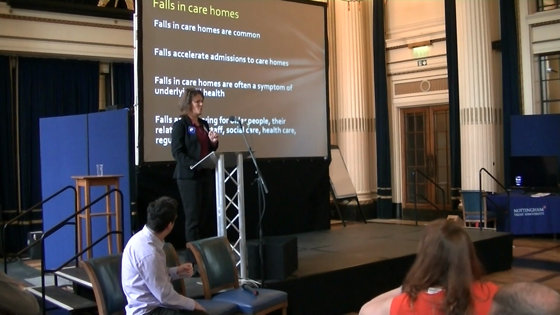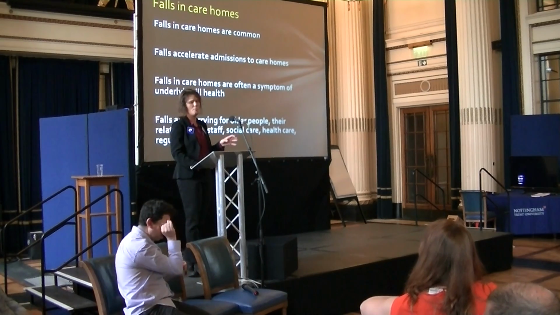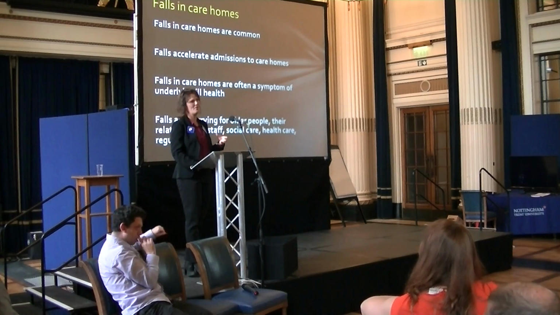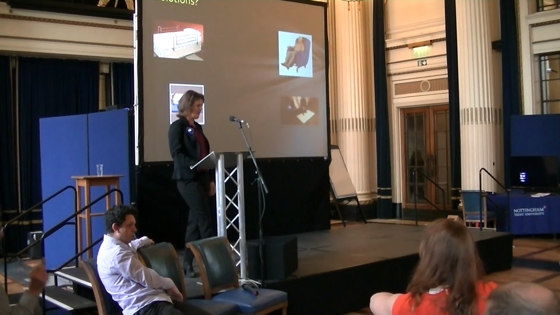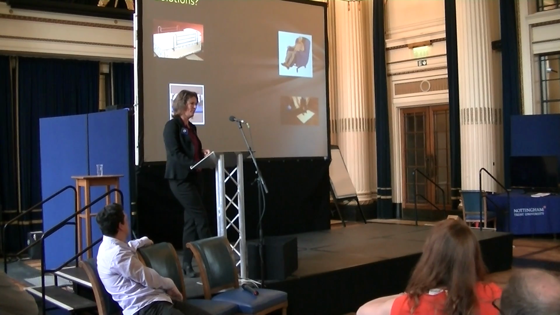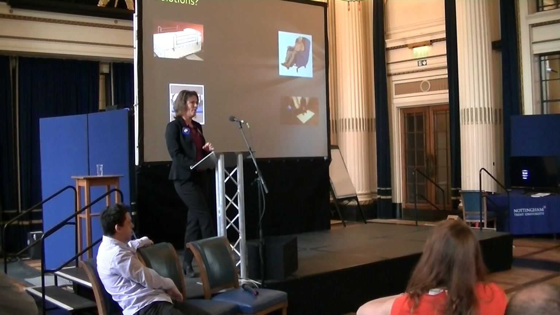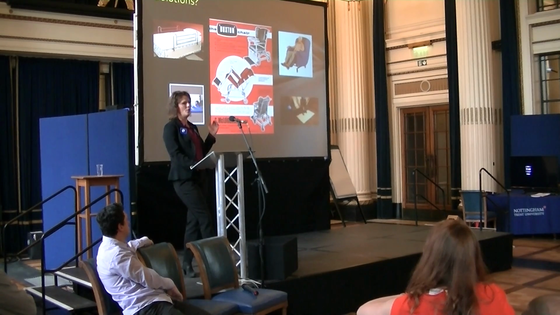Some people have suggested that we should have a floor that changes from being a solid floor into a soft floor as people fall over. But the cost of that would just be immense, can you imagine it? So we just did a very small project. These are some of the ideas that we've looked at to try and stop people falling over. Now, the problem with a lot of things, and this middle one is a very old-fashioned way, is that if you strap somebody in a chair and tip the chair back, then they can't fall over.